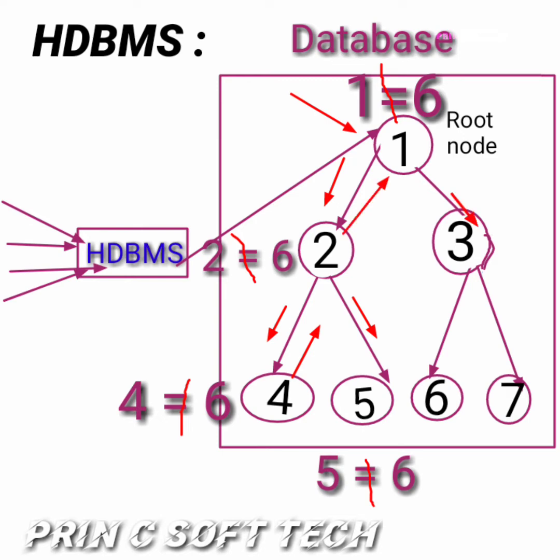And then right. It's 3. It's not 6. Then it goes to the left. Finally it's 6. The searched data is found here. The time consumed is more when searching for data present in the last node as compared to the first node. Here there is no guarantee that the data will be present in the database because of some technical issues.